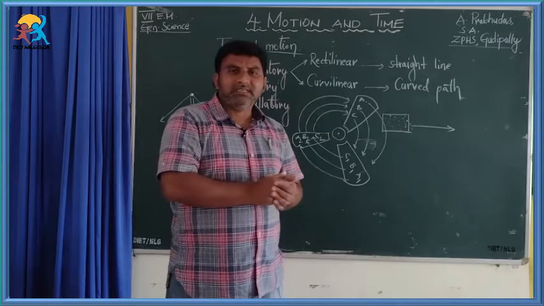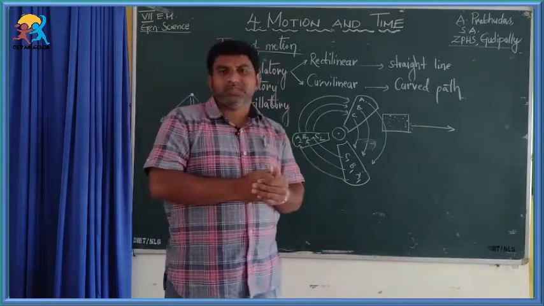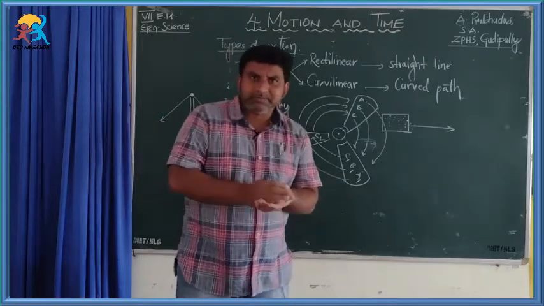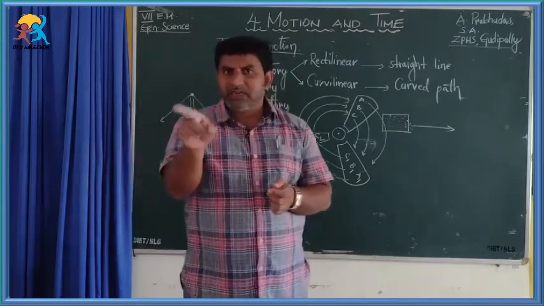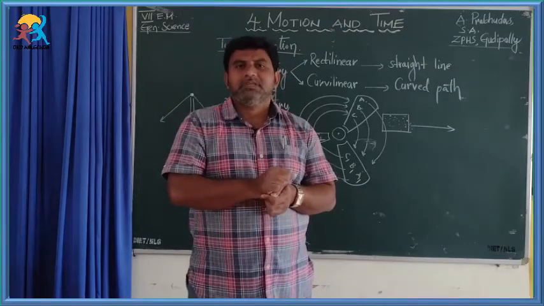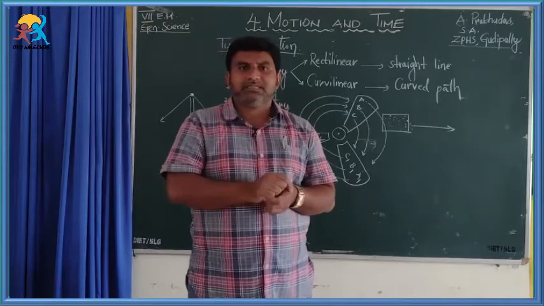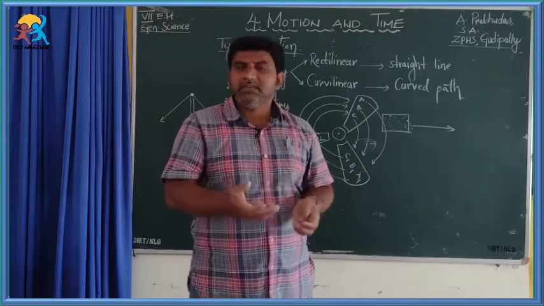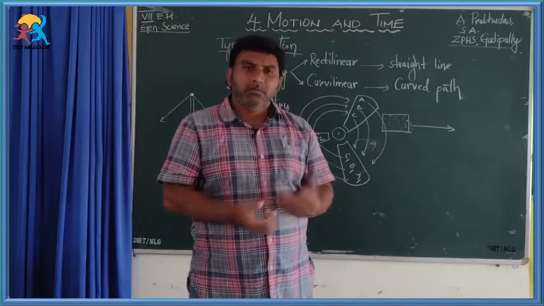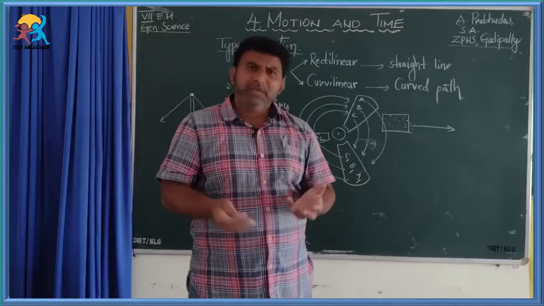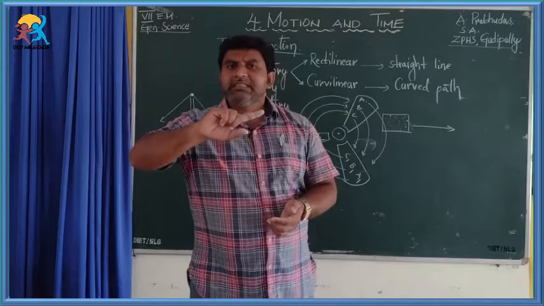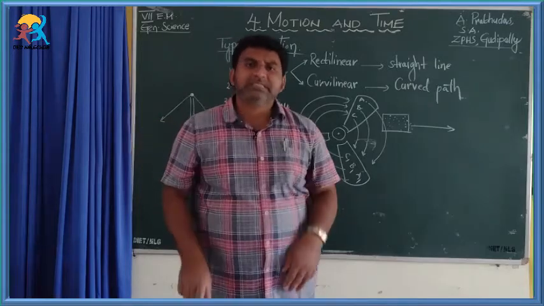Such type of motion is called oscillatory motion, because it moves along a curved path, no doubts. The needle moves along a curved path, but it comes back to its original position. So, it moves in to and fro directions. So, you can say that the needle in a speedometer shows oscillatory motion, and you may also say it shows curvilinear motion if you take the curved path into consideration.